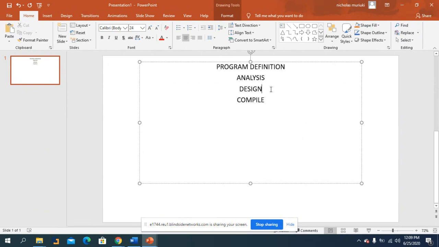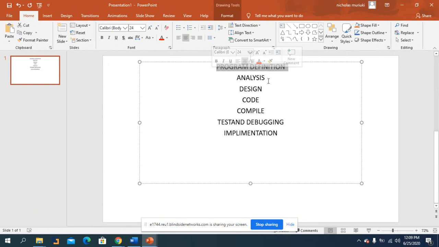from design, you code. Then you compile. Then from compiling, you test. Sometimes we say it's called testing and debugging. Then from testing and debugging, maybe we can do what you call implementation. And the moment we talk about the first one, which is the program definition, we always say that we identify